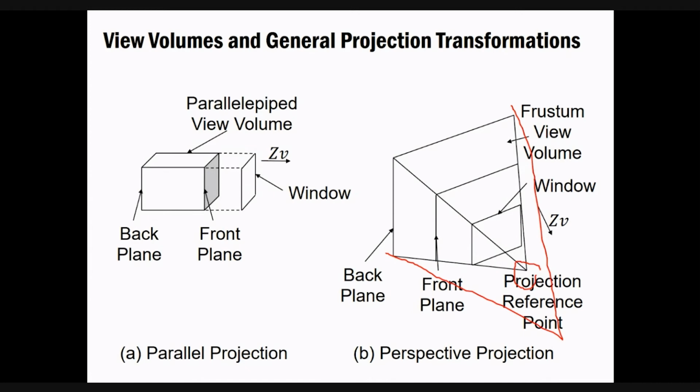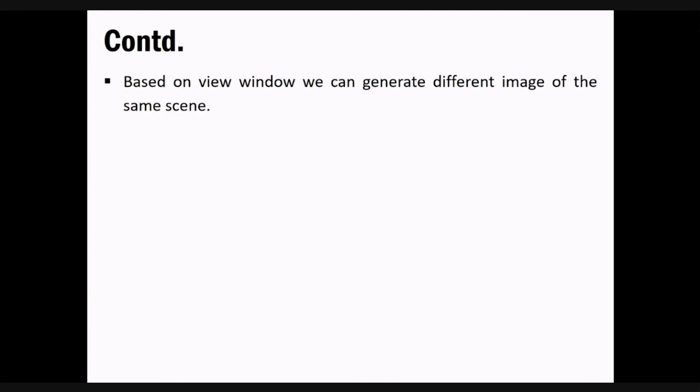Another thing is the parallelepiped view volume. So what is this? It says we have one particular shape, and every side of that particular object or cube, whatever you're considering, will be parallel. Based on that, we have this concept, so we'll try to understand this. We have a few things based on the given scenario: view volume and general projection transformation. So instead of getting into a particular scenario, we will see what general thing we can understand out of it.